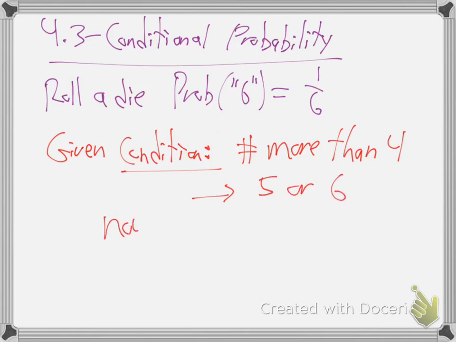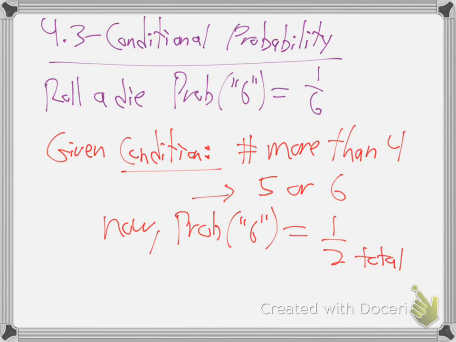So now, what's the probability that it's actually a 6? It's got to be a 5 or a 6 since it's a number more than 4. So what's the chance? 1 out of 2, right? Because probability always has the total on the bottom. Like flipping a coin, right? The chance of heads is 1 out of 2 because that's one of the 2 sides. So notice then that if I give you the condition, the information, that the number is more than 4, that changes the probability that I got a 6, doesn't it?